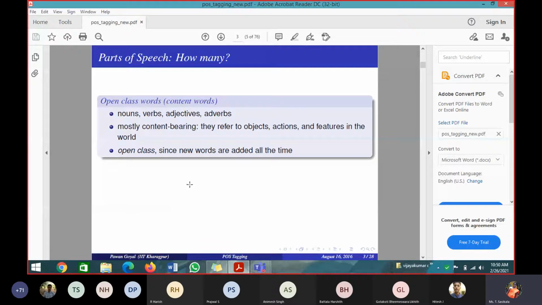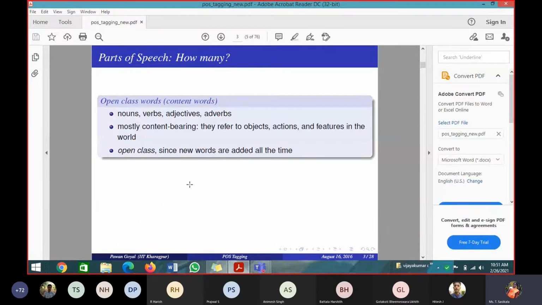Before asking how many different POS tags there are, we will first learn what different things come into POS categories. The first thing is open class words. We have seen open class words and closed class words, right? Can you tell me, from the name itself, what comes under open class words? In a given sentence we have open class words and closed class words. We learned this in the first chapter itself, right? Yes or no?